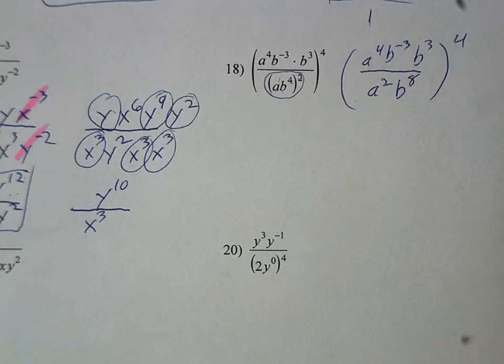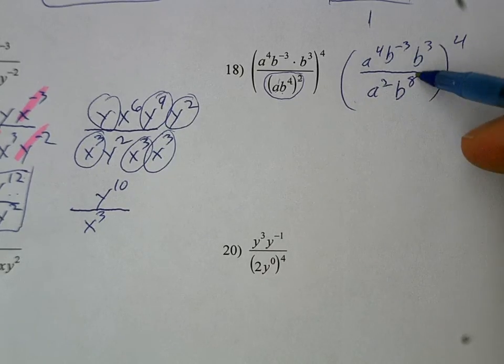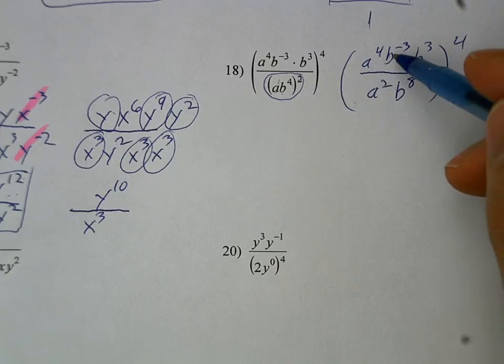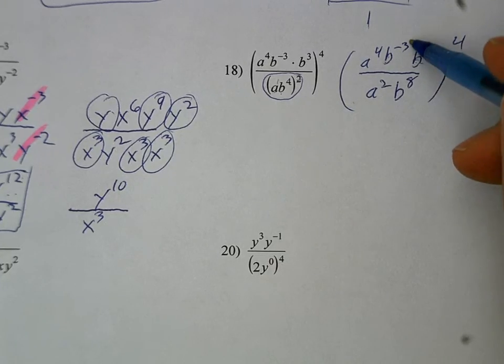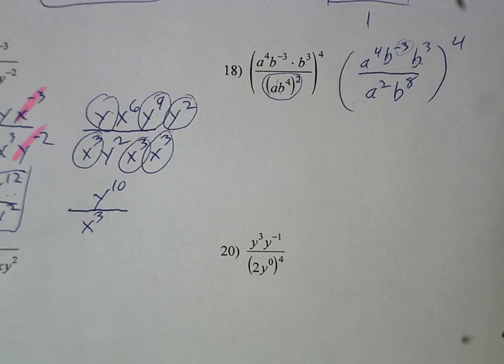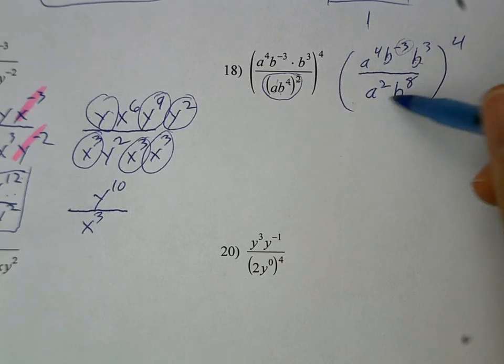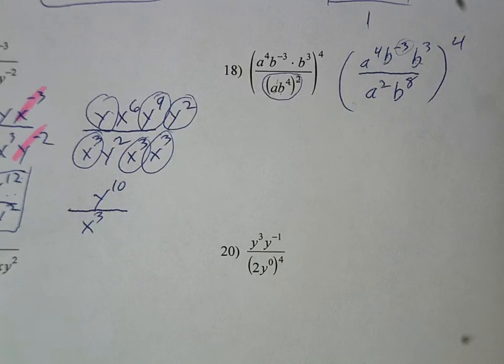You could do that right now. There are multiple ways to solve these. You could move this b down to the bottom and combine it with this one, or you can combine these two and do negative 3 plus 3 is 0. Whichever one you want to do, you'll get the same answer. So let's go ahead and clean this up either way. As long as everything in here is being cleaned up, we can wait to apply this 4, or you could apply the 4 to everything inside right now. Either way is fine. It's probably going to be faster to clean up the inside first and then apply that